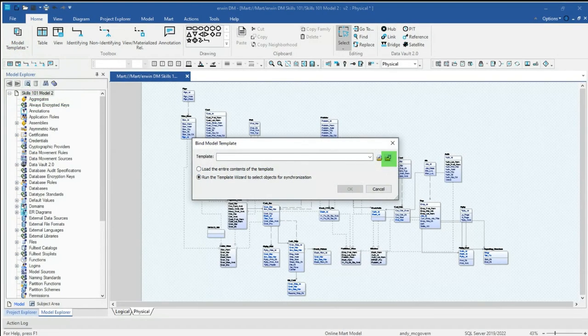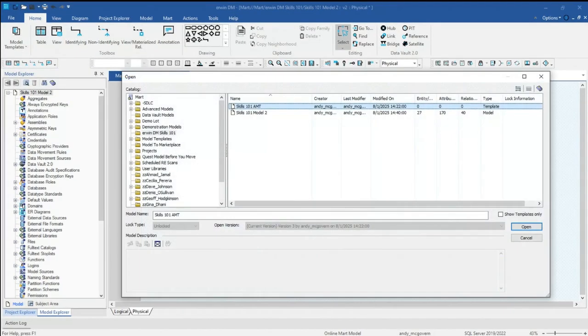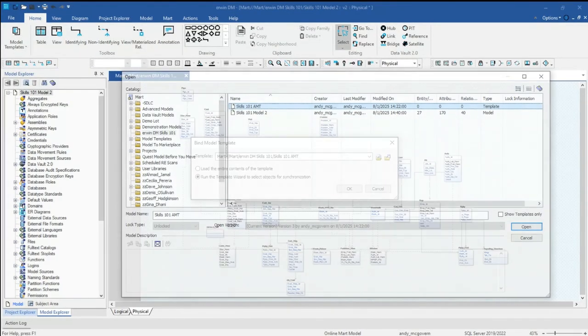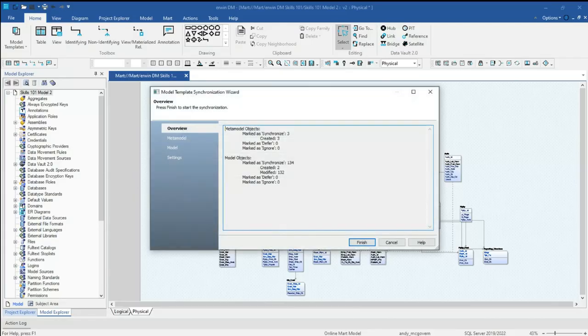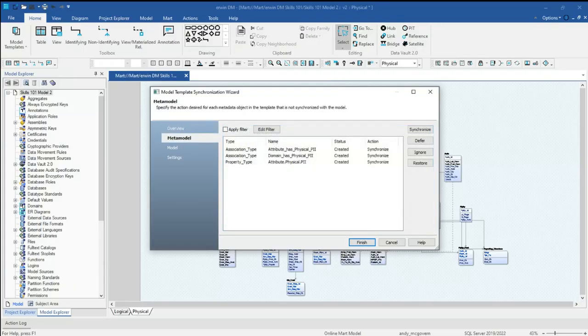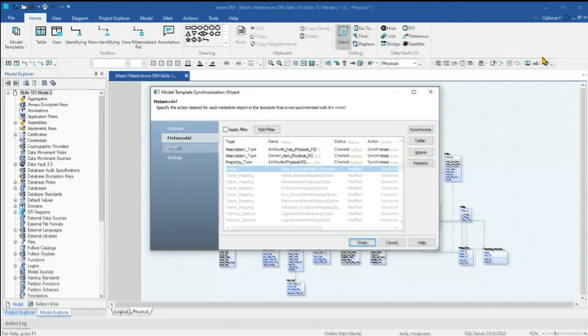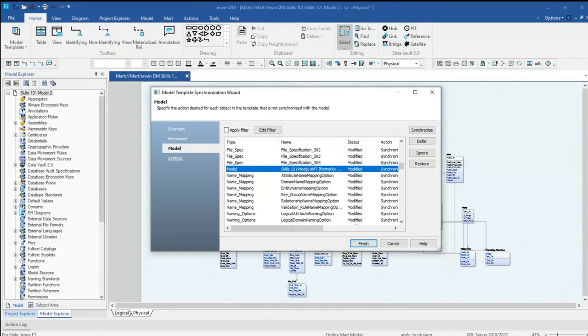So we're going to select the template. My template is in the repository, so I'm going to bring in a Mart template. I select it. I'm going to run the template wizard to select the objects for synchronization, so this way we can see what's happening. First thing here is the meta model objects. These are the user-defined properties that we added. That is going to modify the actual meta model. All right, so here are the user-defined properties, and then in the model, we made a number of changes. Anything that's a change in here could be incorporated into the